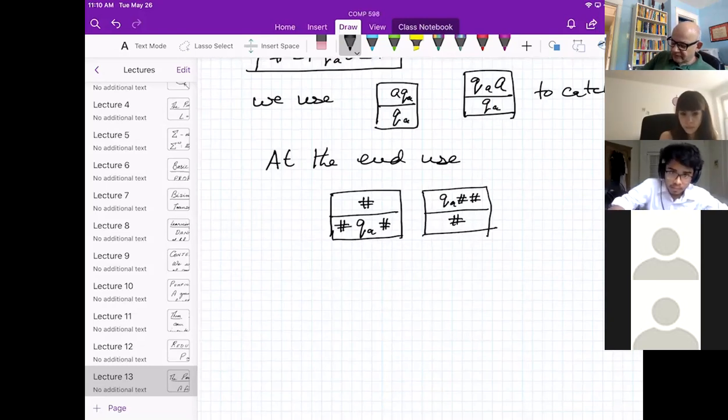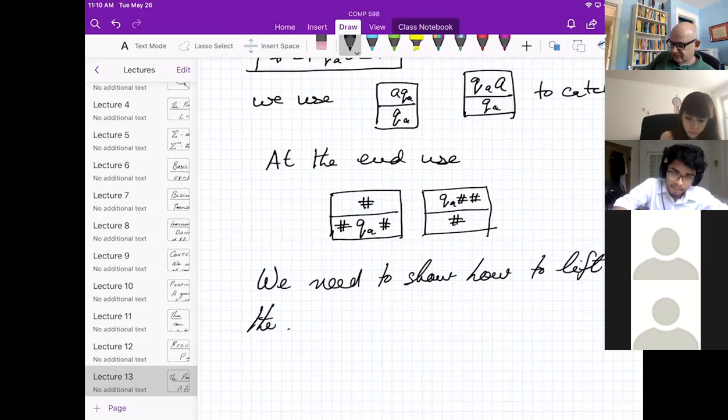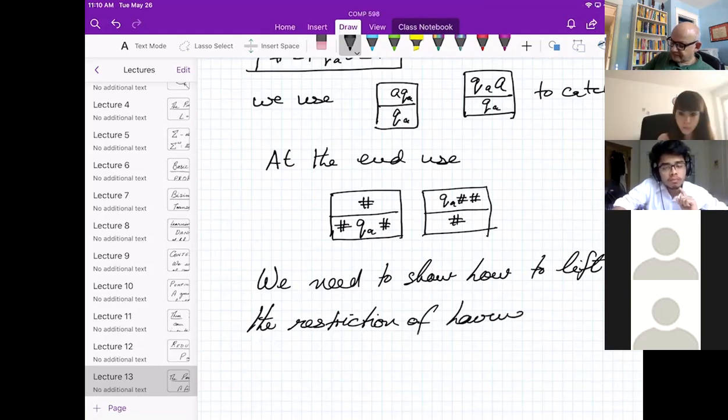We now need to show how to lift the restriction of having a designated start tile.